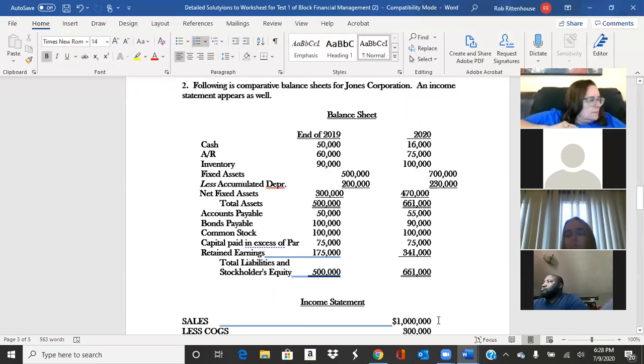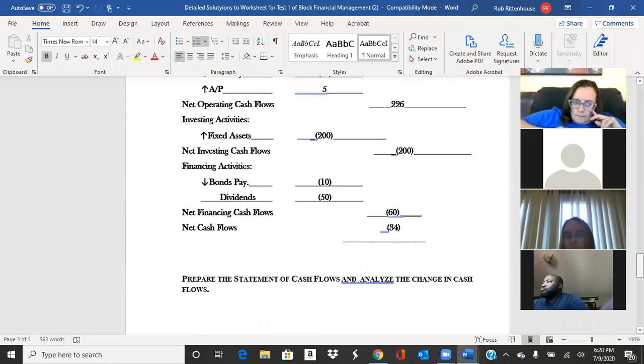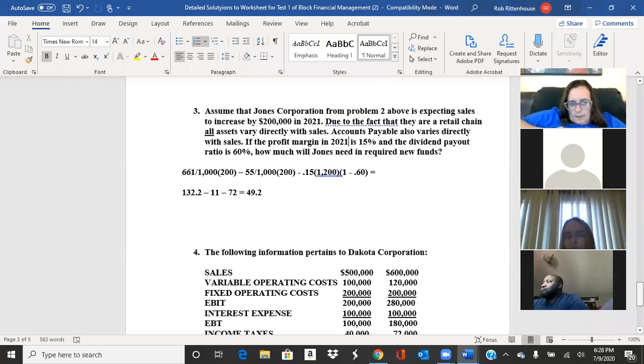Sales for the year were 1 million. So you take those variable assets, which in this case just happens to be all assets, 661,000 over a million, multiply that by the projected increase in sales of 200,000. That tells us, okay, assets equal 66.1% of our sales. So if sales go up 200,000, assets will go up by 66.1% of that amount, or